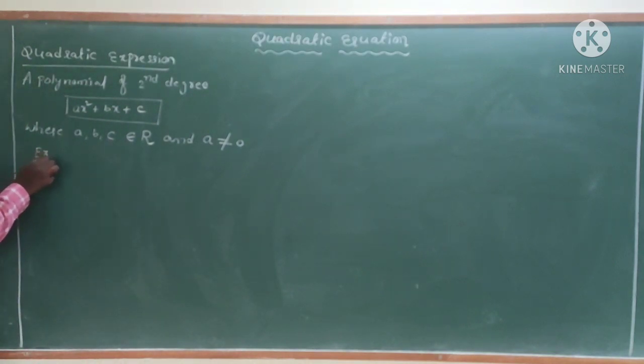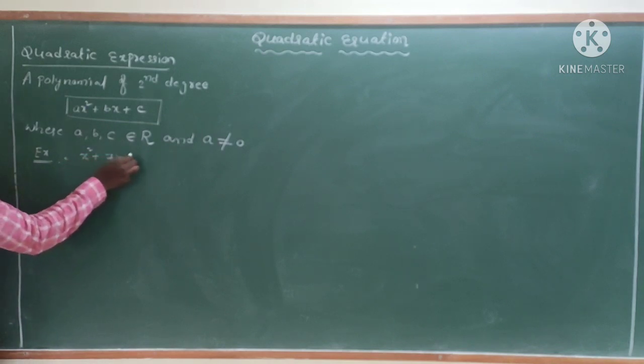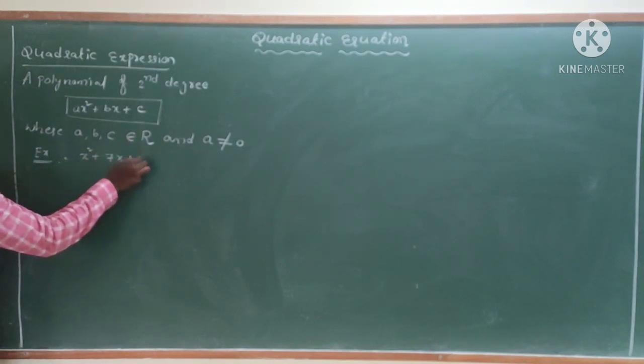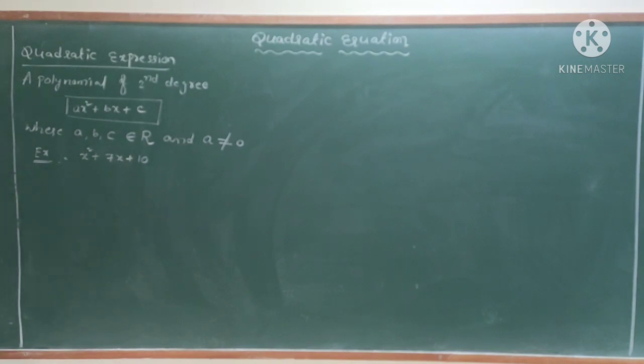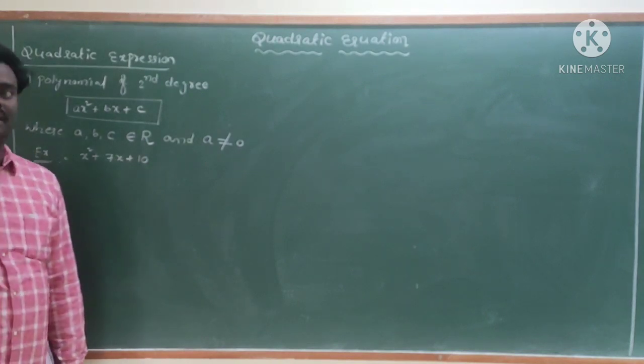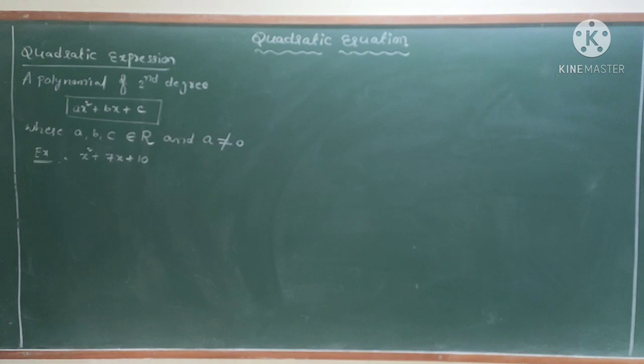Example, x square plus 7x plus 10. This is an example for quadratic expression. Next, quadratic